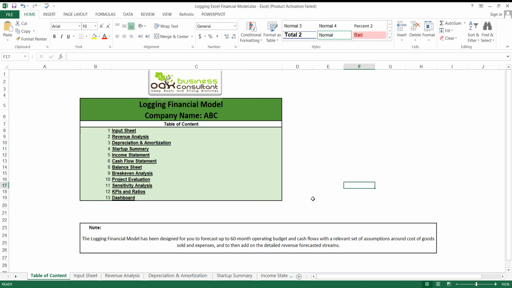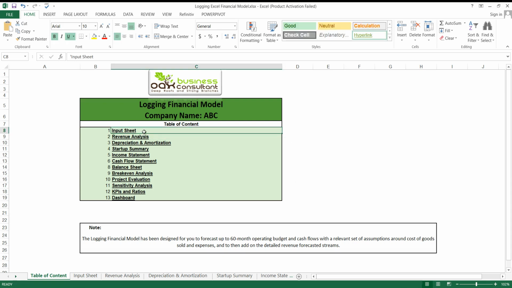model that has been prepared to assist the financial needs of your company in order to maximize your profits and to enable business growth. The model under discussion is for logging business. The main elements of this model are revenue analysis, summary, income statement, cash flow statement, balance sheet, project evaluation, sensitivity